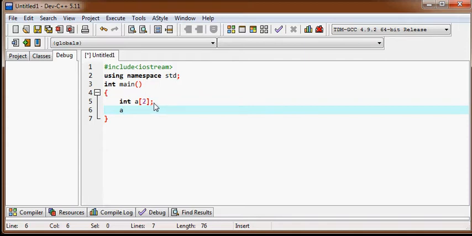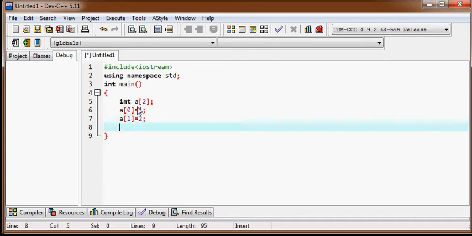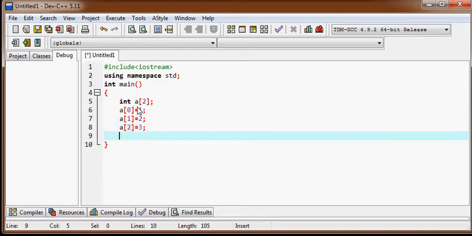If we create the array, at index 0 it's 1, at index 1 it stores 2, at index 2 it stores 3, and then print all